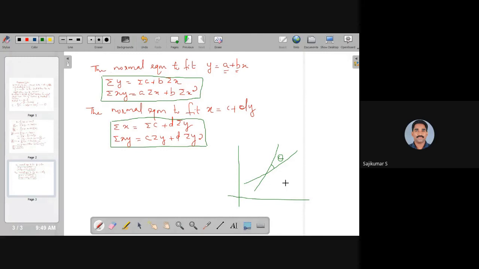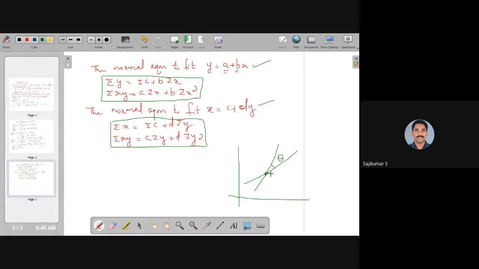And this theta will become 0 whenever there is a perfect correlation. Whenever there is a perfect correlation, that means the correlation coefficient is plus or minus 1, we can say that all the data points will lie on the same straight line. In that case, regression line of y on x and regression line of x on y are identical. Otherwise, we can see that there is a common point on both the regression lines, y is equal to a plus bx or x is equal to c plus dy. And this point will correspond to,